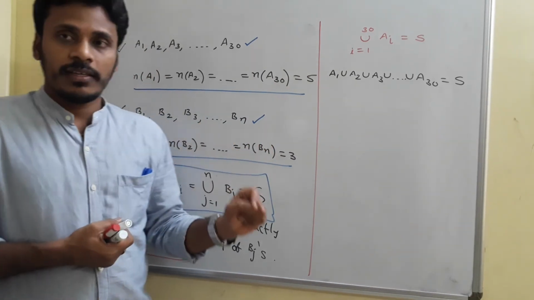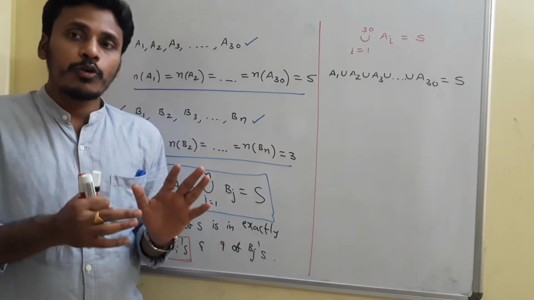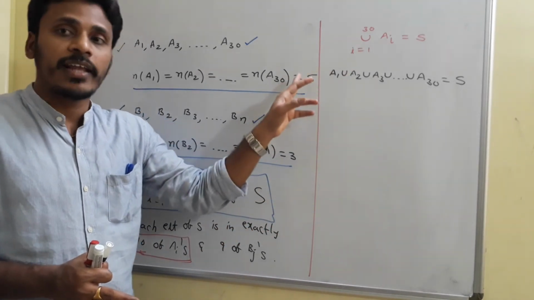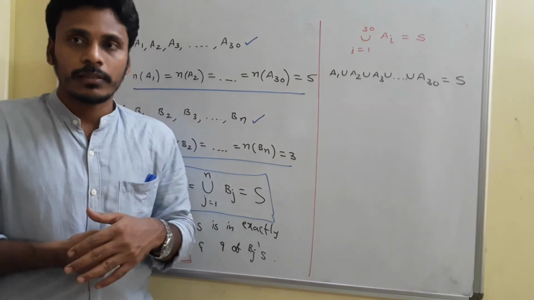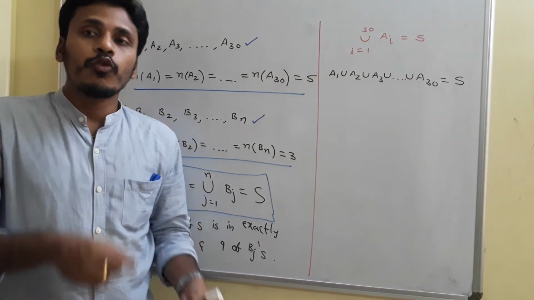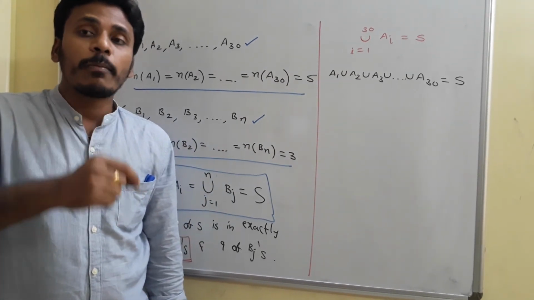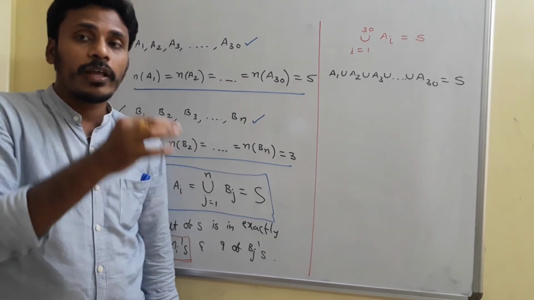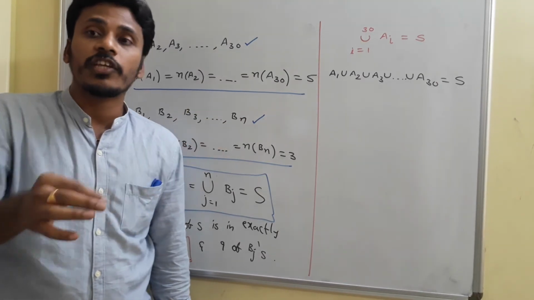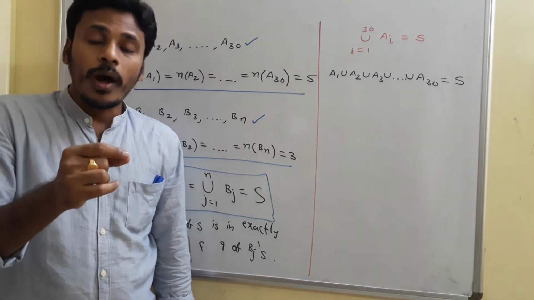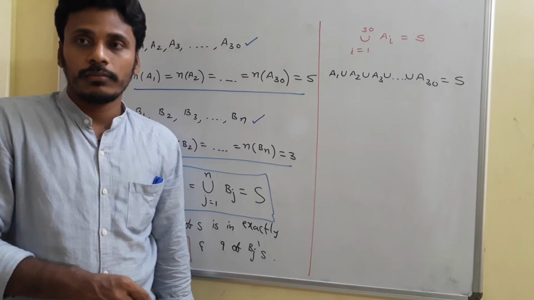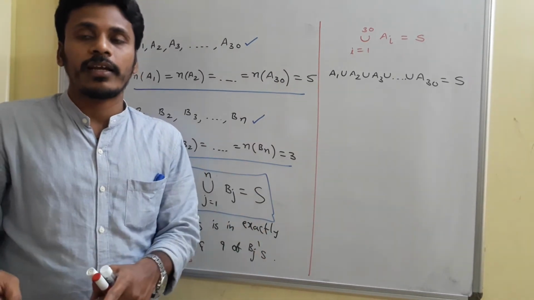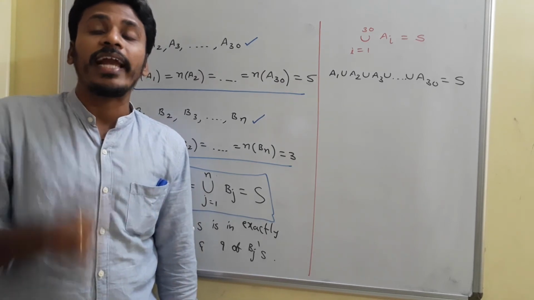10 of the Ai's. In the sense that, supposing there are different elements, totally you will get 30 sets, each set has 5 elements, 150 elements. But it is given that if you take one element, that element must be there in 10 of the Ai's, because there are 30 sets. So one element we counted 10 times actually. You need to neglect all those repeats. Out of those 150 elements, every element is repeated 10 times.